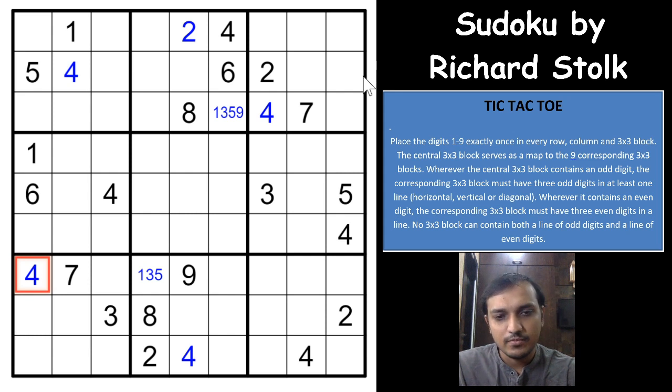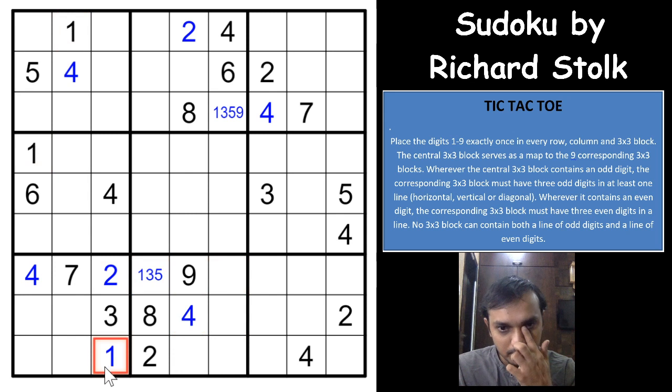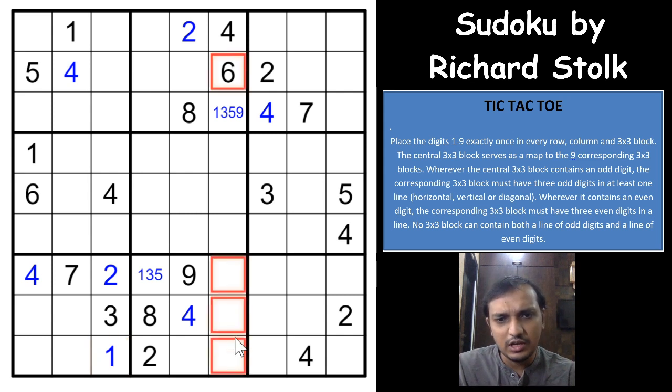Right? Next I can see is that 2 here and here will eliminate 2 from this cell, so 2 will have to be here. Oh, how did I mark a 4 here? A 4 would have to be here. Sorry. A 4 cannot be here, 4 cannot be here, 4 cannot be here. So this would have to be 4. A 2 here, 1 and 1 here will give you a 1 here. That's nice. And 6 here will eliminate 6 from this cell.